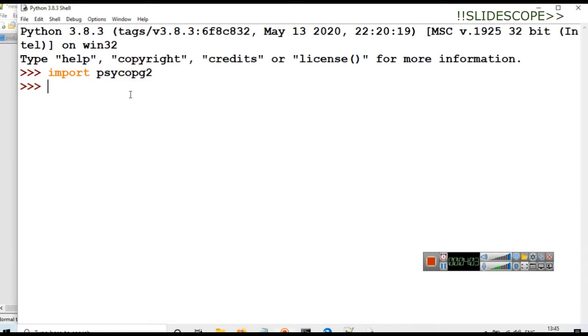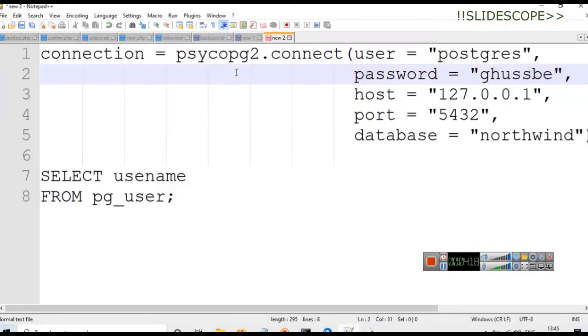Now after importing psycopg2, you have to connect your Python with a PostgreSQL database, and for that you will need 4 parameters. So I have written it here.